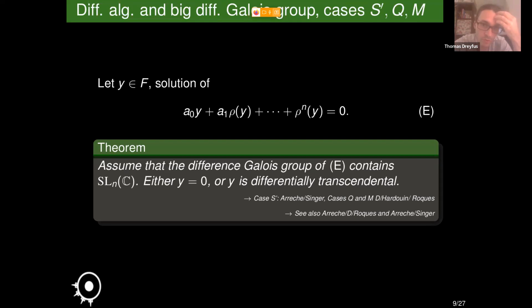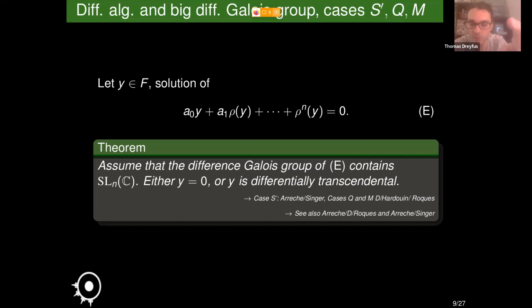With this strategy, with Charles Tardouin and Julien Roques, we proved the following theorem in the case M and Q, and then Ardouin and Singer dealt with the case S. Under the assumption that the equation has a difference Galois group that contains SL_n, the classical difference Galois group, either Y is 0, or Y is differentially transcendental. So this result is quite surprising